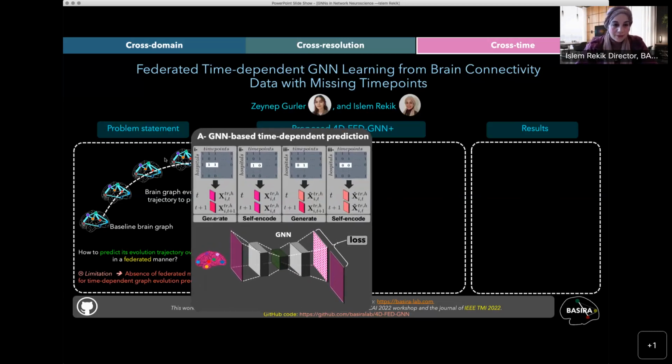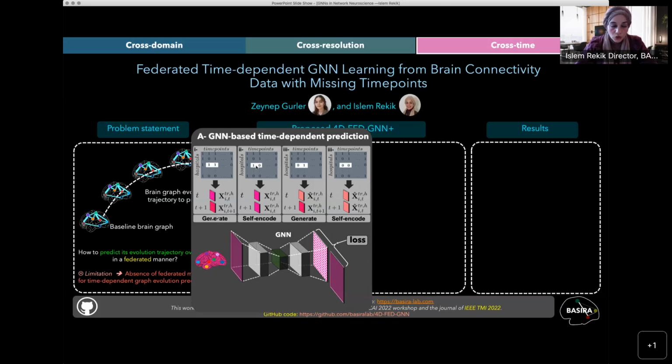Okay, so just in a nutshell, I'm going to give you the idea. First, we designed a GNN-based time-dependent prediction model. This matrix is so important. You have hospitals here, and you have time points. Some hospitals have many acquisitions. One means acquired, available, and when you have 0, it means it was not acquired. The best scenario when you learn is when you have 1, which means you can, for example, train a simple GAN to generate the next time point from the previous one, or the current one. So this case is the simplest. That's why here we train a generator GNN.